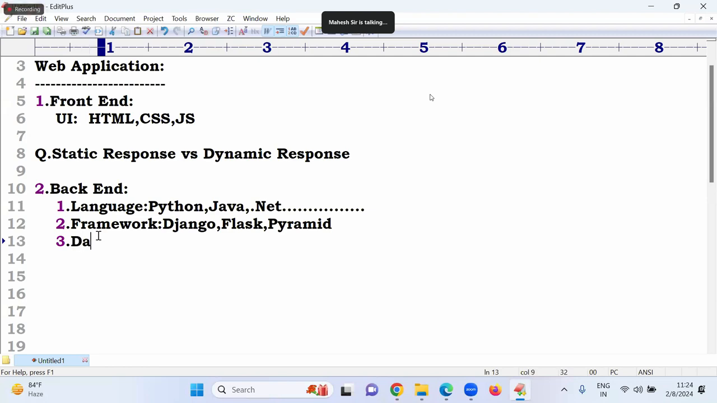Third one, what is the third one? Database. Whatever database it is, Oracle, MySQL. In my regular classes, these two I covered. In Django, one more is there, SQLite, which is free. These three I am